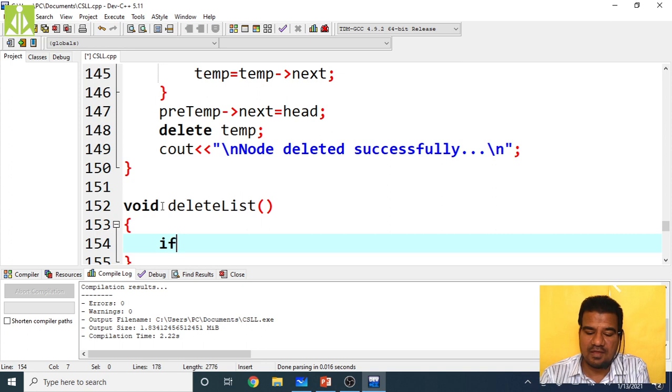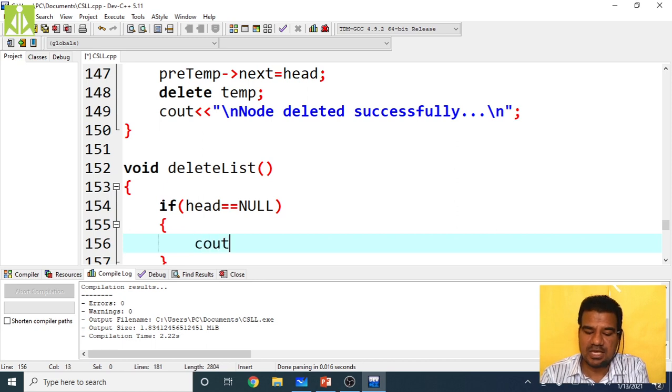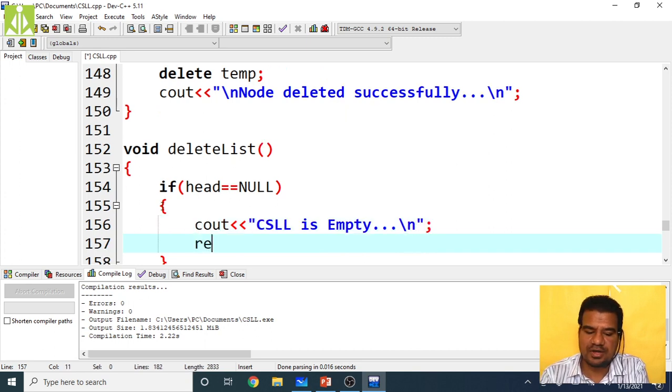So the first thing, if at all my head is equal to null, what I have to do here is simply cout "CSLL is empty", a simple message, and return.